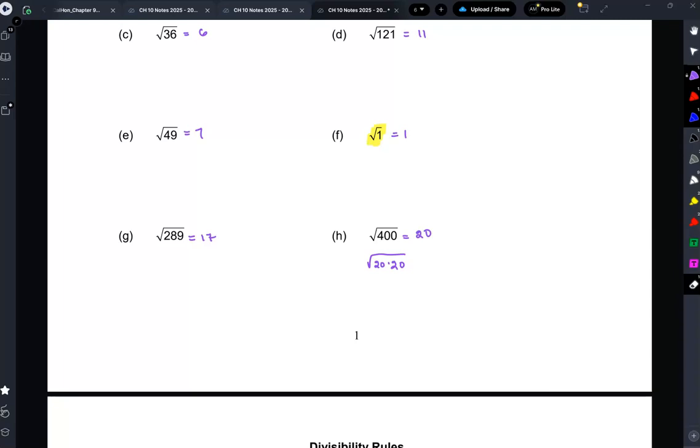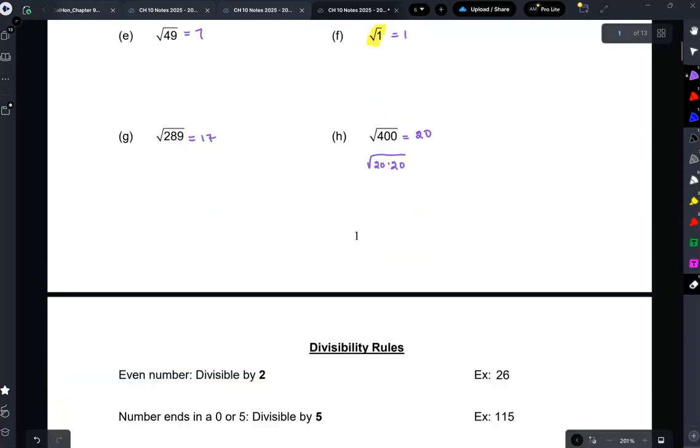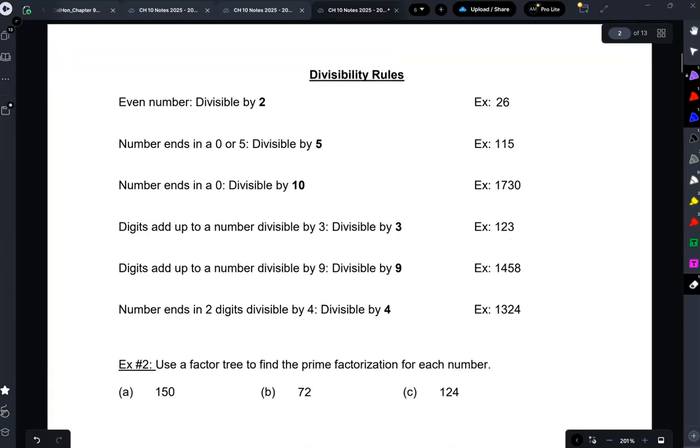Now, what if you don't remember, but you need to do it by hand somehow? Well, being able to divide helps. So let's talk about the divisibility rules. This is something that we used to teach when students were in elementary school, but I don't think they do it anymore. Divisibility means, is it possible to divide? The divisibility rules are: